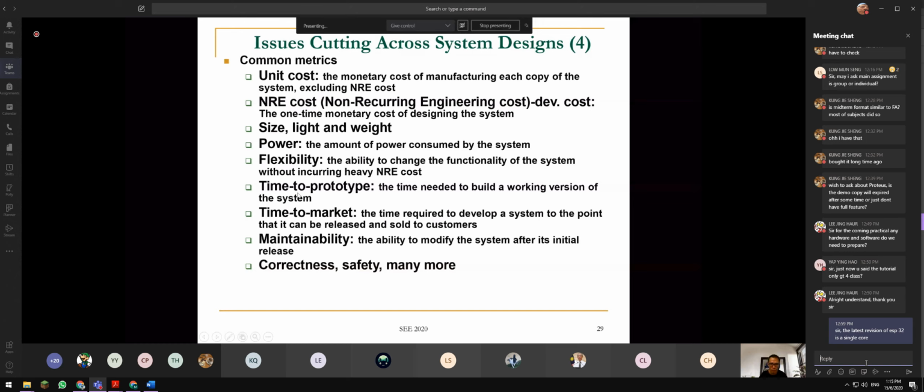Time to prototype is also very important. Time to prototype is the time to get the investor. There are a lot of Tesla cars. You see, wow, very interesting, correct? In the end, whether you reach the market, I'm not sure. But time to prototype is important, such that you release the prototype to trigger the market, to let everyone know we got such a design.